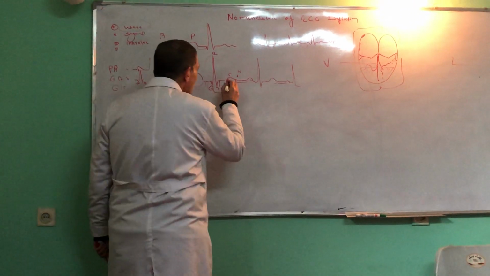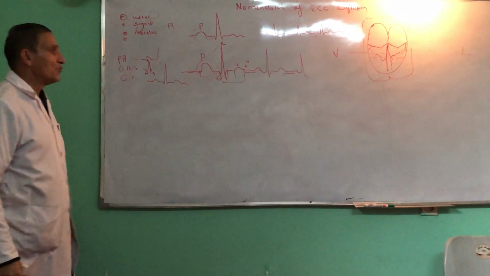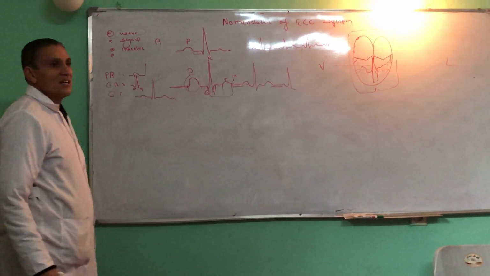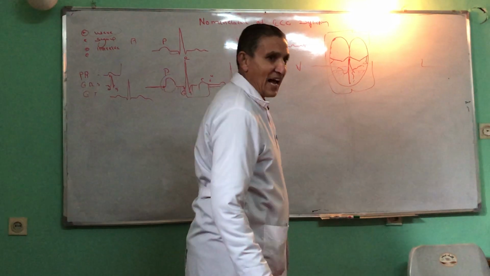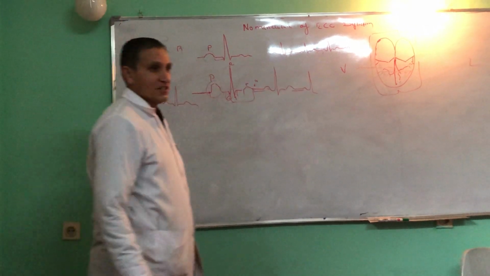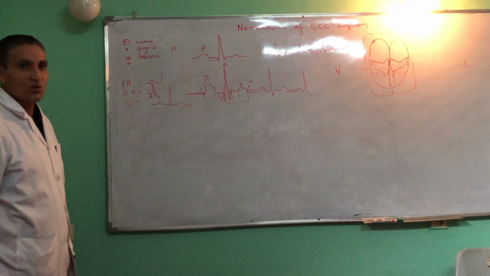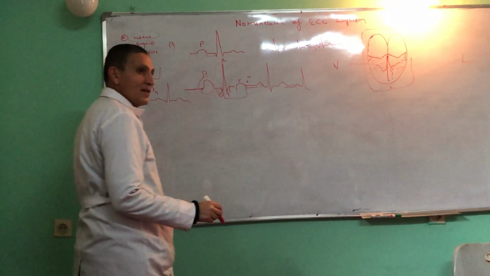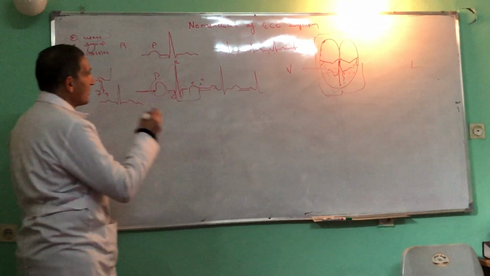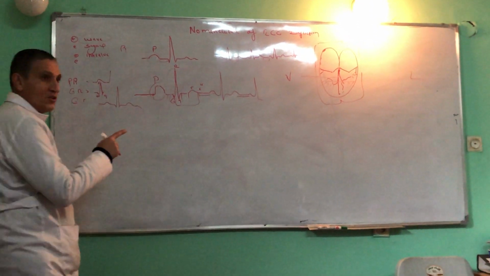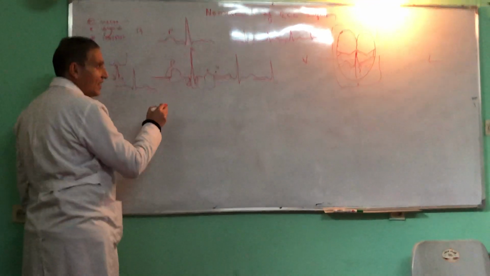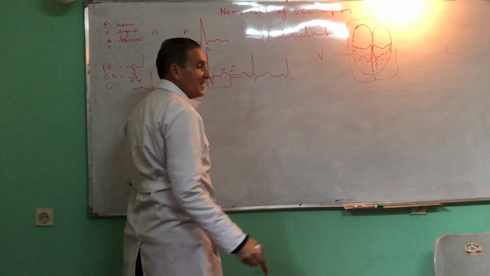After the QRS complex, we move to the T wave. What does the T wave represent? Ventricular repolarization. After the T wave, we have the U wave. What does the U wave represent? The cause or source of the U wave is uncertain, but they say it represents ventricular Purkinje fiber repolarization. This was about the correlation of the ECG event to electrical events. This is the ECG event, and when the atrium is electrically activated, this electrical activation is called